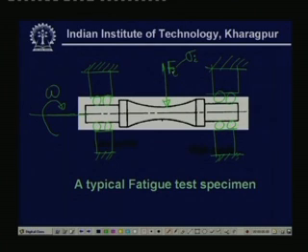Next, suppose i was 1, next time you take another load, say F 2, corresponding stress will be sigma 2, and the stress cycles where the failure takes place is N 2. So, this way, by changing the load onto this machine member or this fatigue test specimen, you can have a set of data generated as the stress cycles and the